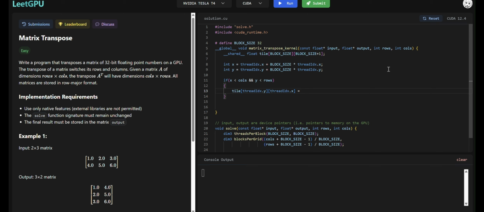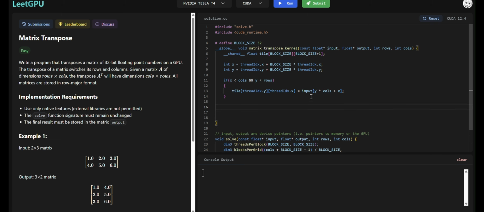And we're gonna use input matrix. So we're gonna get it in the row major order in a coalesced manner like before. So it was coalesced, so it doesn't really matter. And we're gonna just do y x columns plus x. So I used y for rows here because in the y direction we want it to be the same. So yeah. And at the same time, so now we did this, and next we have to store it in